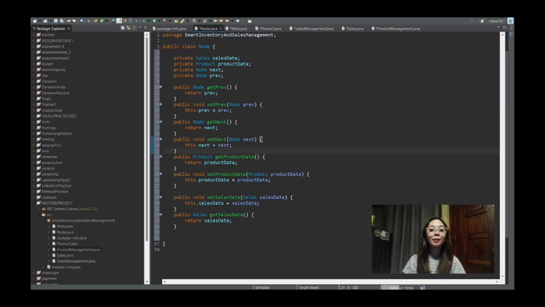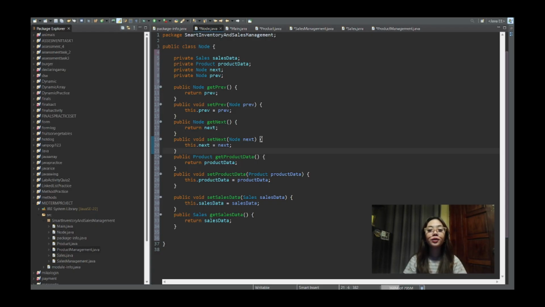In our midterm project, I was assigned to explain the purpose and functionality of the node class, which acts as the core element of our custom doubly linked list. The class is designed to store both product and sales objects, allowing each node to represent complete inventory and transaction data.